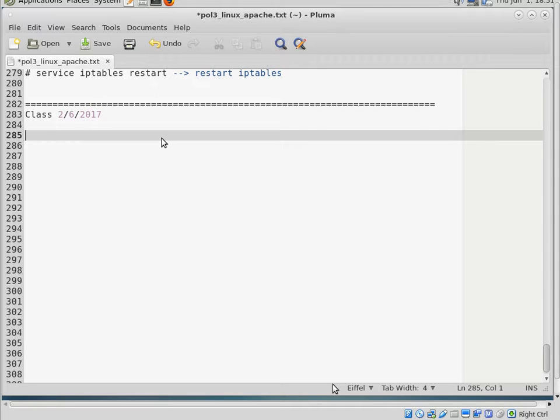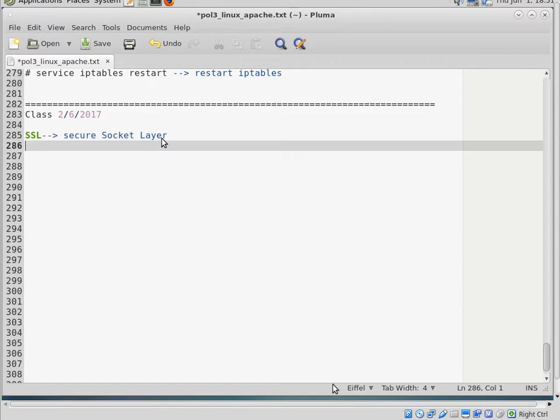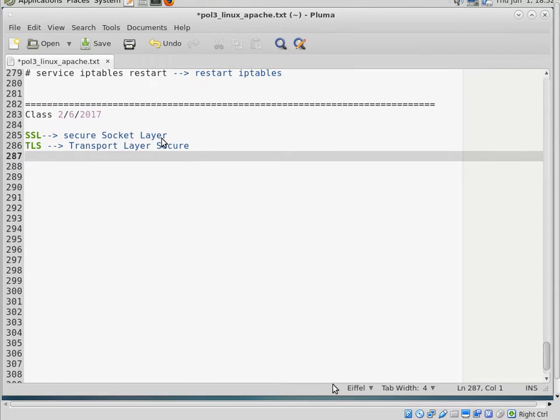We're going to produce the private key and the public key, the SSL, that means secure socket layer, and also another protocol that was made and it is more secure. It's transport layer secure. We're going to use it to